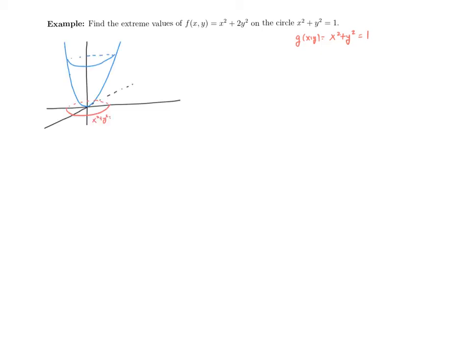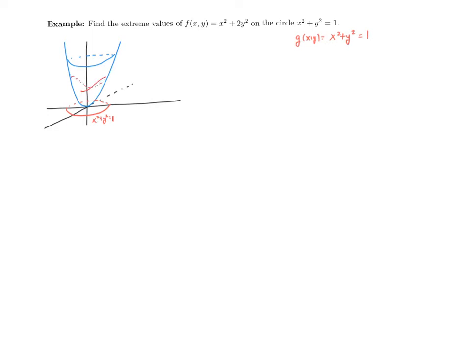So to the left, we now see a graph of our surface given by the function x squared plus 2y squared, a paraboloid opening upward with a vertex sitting at the origin. And what we would like to know is if we restrict our inputs to lie on this circle x squared plus y squared equals 1, how big can our outputs be, or how small can our outputs be? So if I think about what that would look like on our surface, you would end up getting a graph that looks something